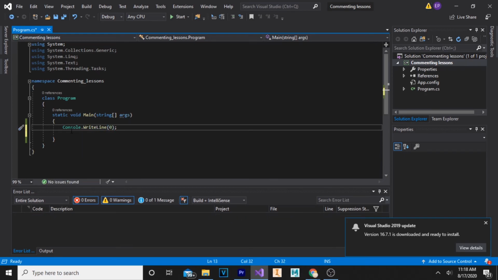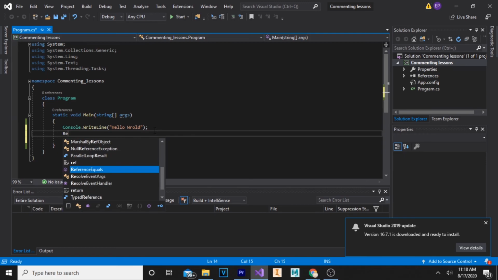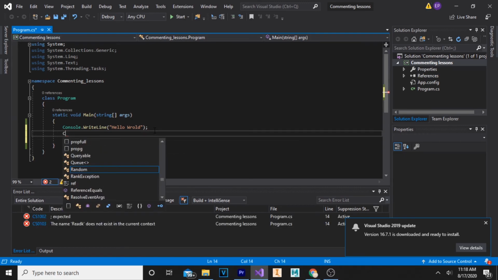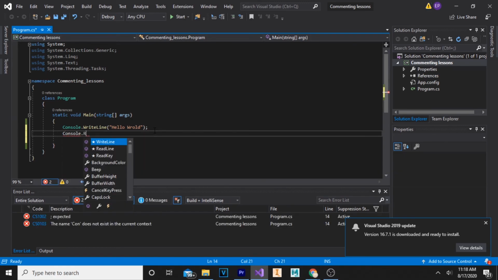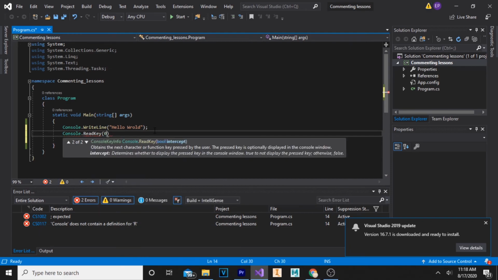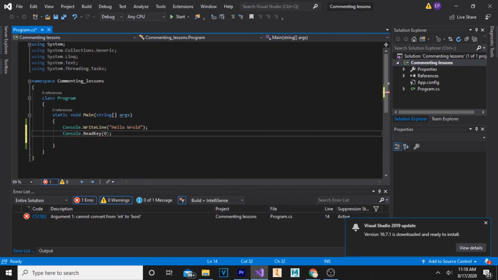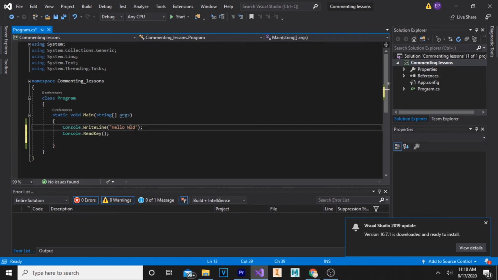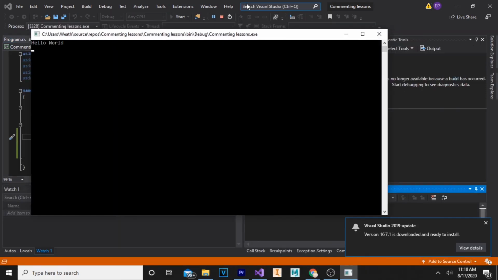And let's not forget the Console.ReadKey because we need it or else we can't run. Alright, so that's all in. Let me just fix that world. There we go. So now if I run this code, we can see in the terminal,